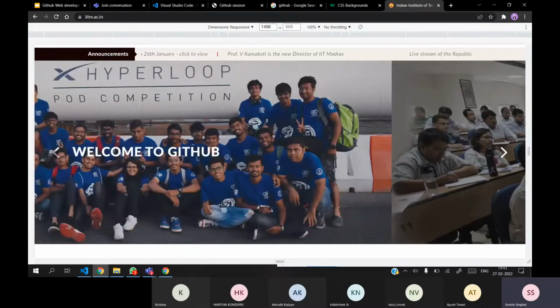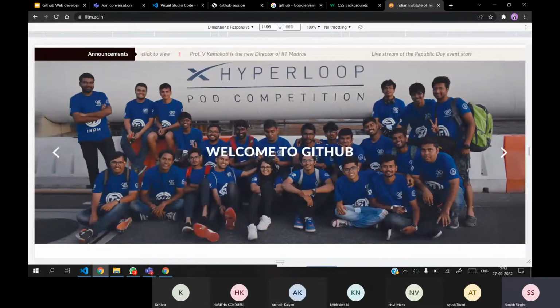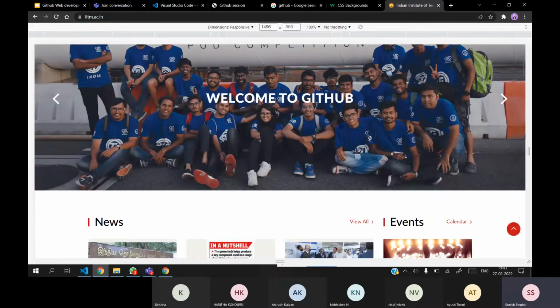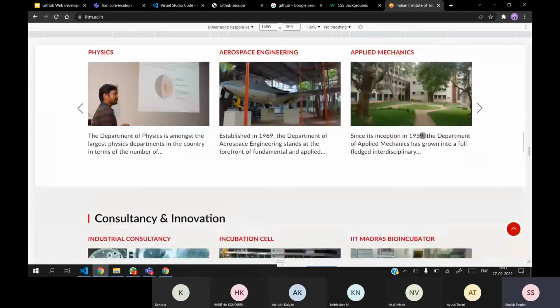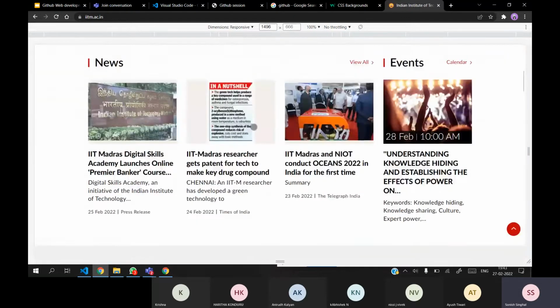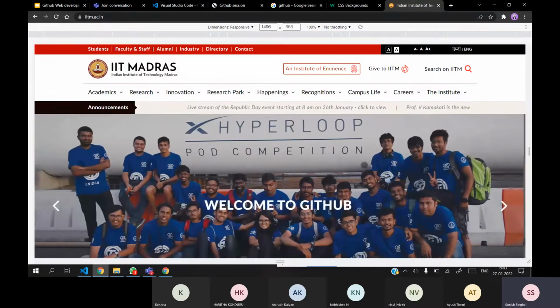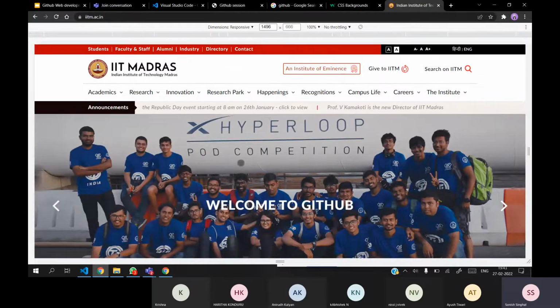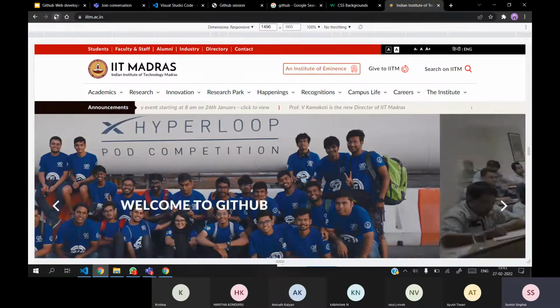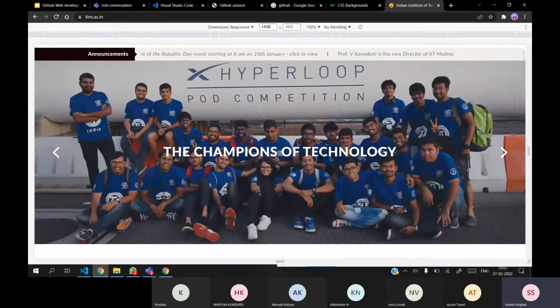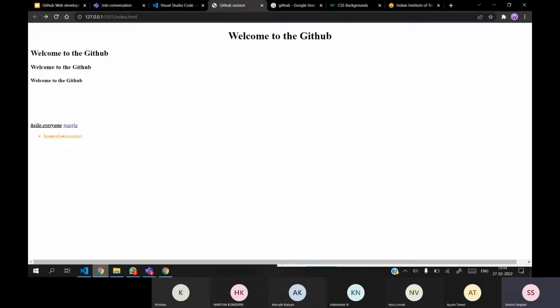So if we go back to that page, here you can see welcome to the Gita. You can do amazing things on the website, but the thing is that it won't update directly. It will be only for your computer, because otherwise everyone would experiment with different websites, and the web would be quite different. When we refresh, things will be back to normal. So this is quite helpful when you want to add CSS.